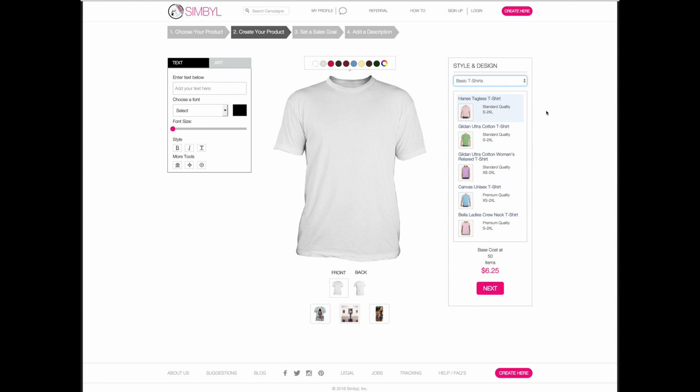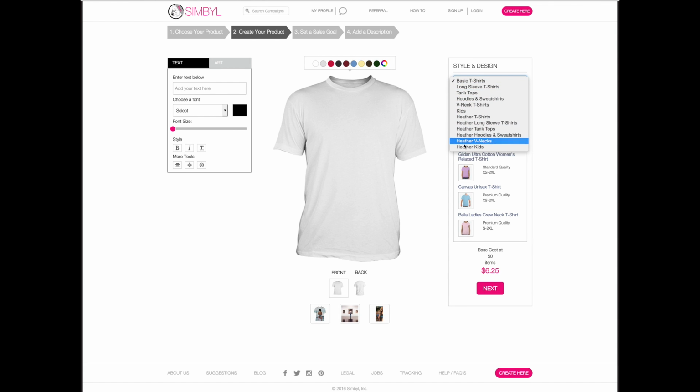We have all different types of awesome qualities. We have your real classics like Hanes, my favorite Gildan. And then we have nicer, higher quality, sort of premium yarns that are made by Canvas. And then also women's made by Bella. And then we have some American Apparel product too in the other categories. So you can choose it.